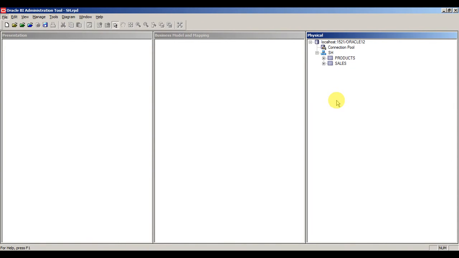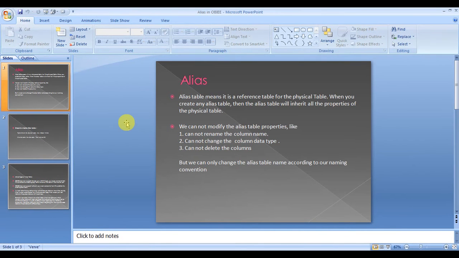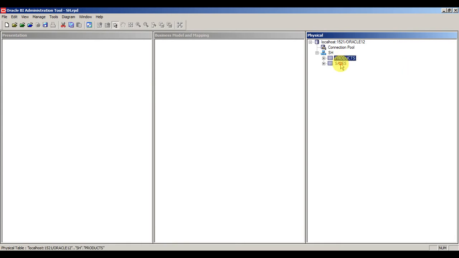In this tutorial I'll show you how to create an alias in the physical layer. Before going through that, let's see what an alias table is. An alias table is nothing but a reference to the existing table itself.